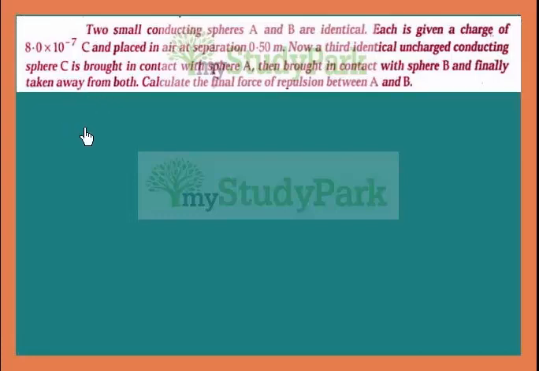Two small conducting spheres A and B are identical. Each is given a charge of 8 × 10^-7 coulombs and placed in air at a separation of 0.5 meters. Now a third